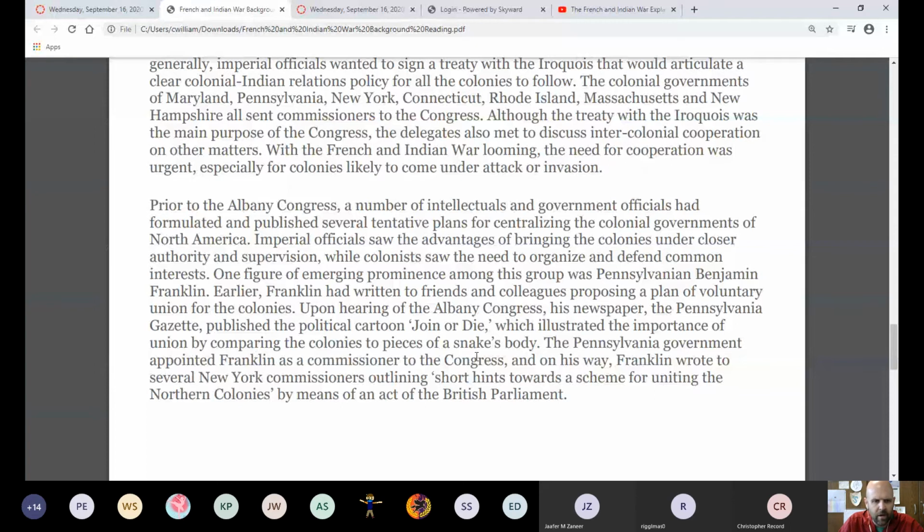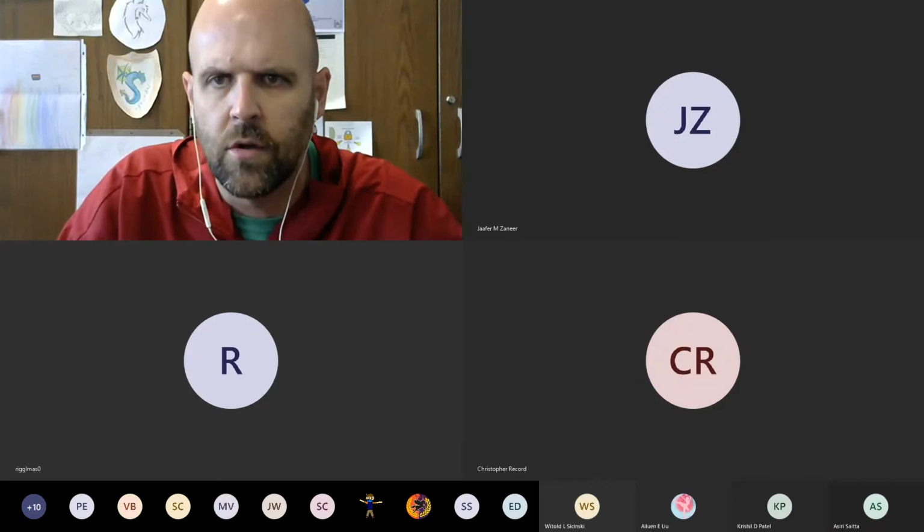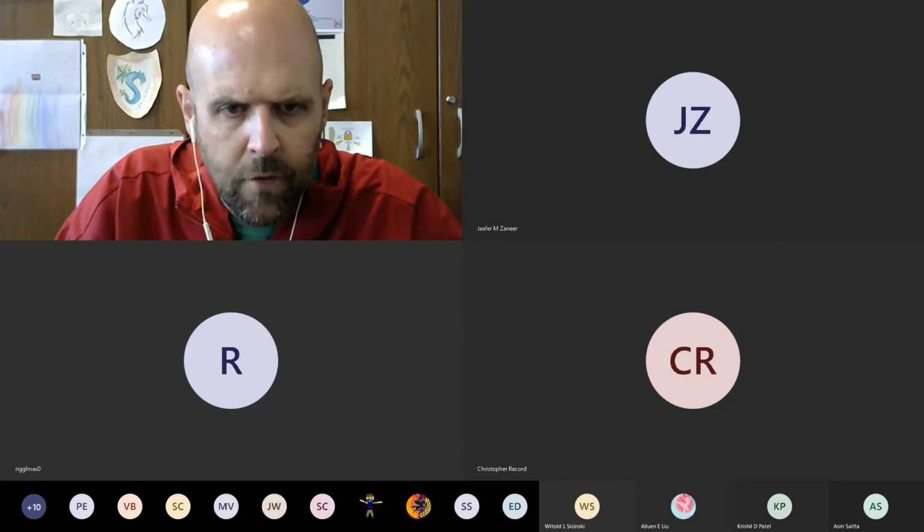The Pennsylvania government appointed Franklin as a commissioner to the Congress, and on his way, Franklin wrote to several New York commissioners outlining short hints toward a scheme for uniting the northern colonies by means of an act of the British Parliament. And so what I want to do is give you a closer version of this,